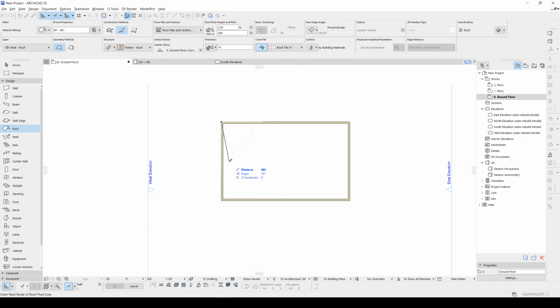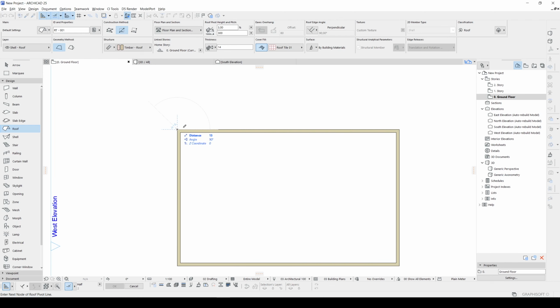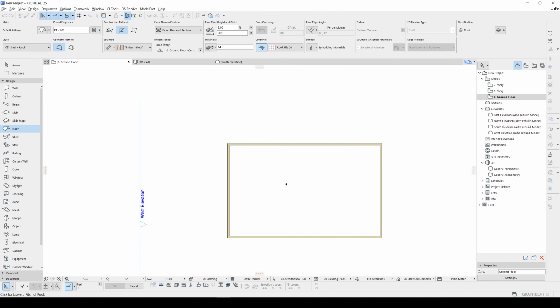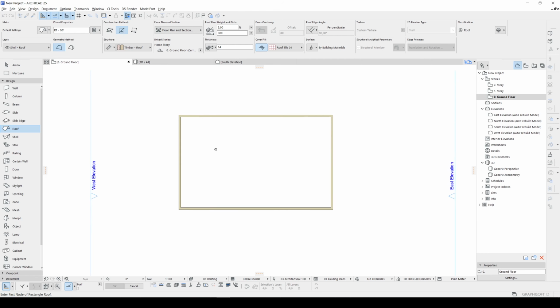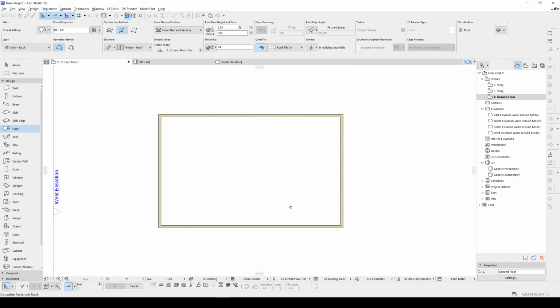First, we are going to determine our starting reference line. Our roof will start from this corner, and look at this direction. This part will be lower and this part will be higher. And now we can determine our shape. We have created this rectangle already, so let's make a rectangle from the exterior borders of our wall.